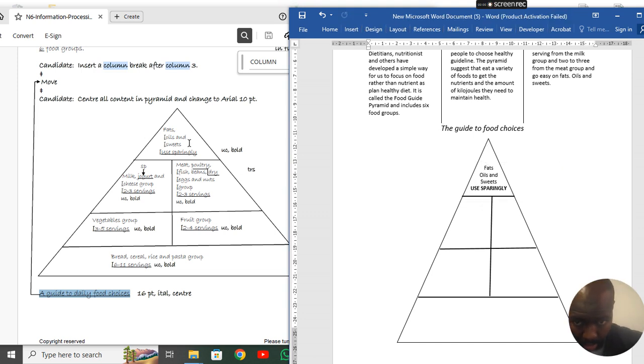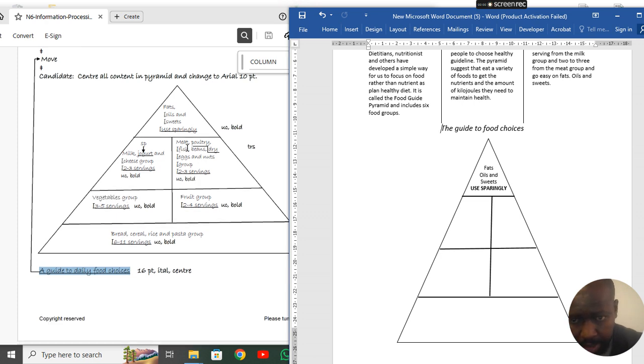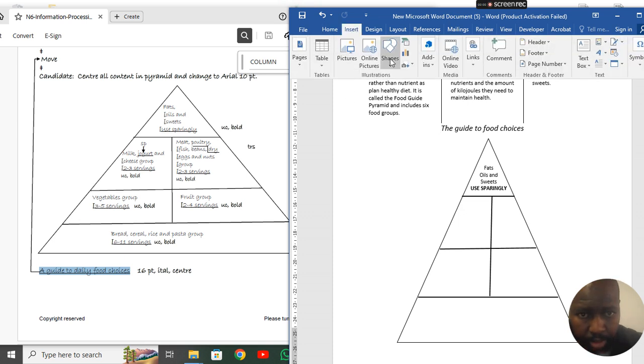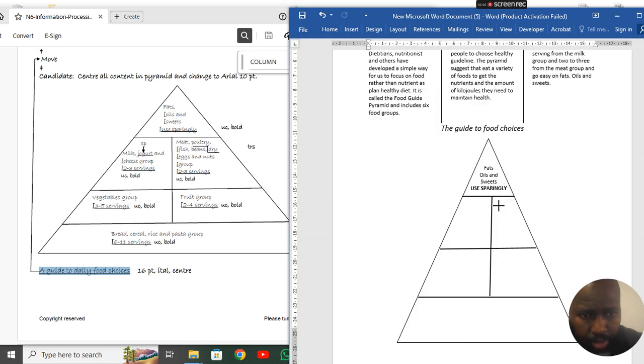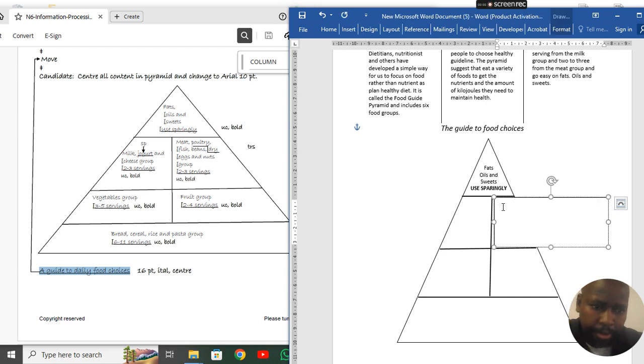Of which is this one. And then you come to this one, it says meat, poultry, new line, fish, dry beans. You transpose the words beans and dry. Okay, let's start by putting a text box here. You go to Insert, you choose a text box, and then after choosing a text box here, you will then